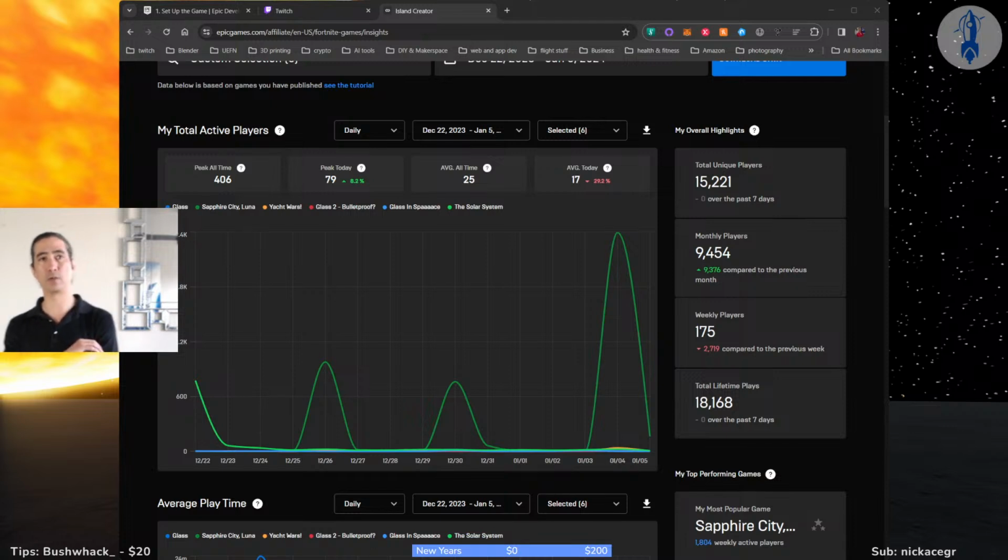I couldn't figure out some stuff with Sapphire City, dealing with H-LODs and stuffing as much as I could into the map. Giving my brain a break by doing something else was huge, and I learned a lot more, which as it turns out, I was able to pass on to you, because if I had not done the solar system, I would not know how to use the HUD message device and help you out today, believe it or not. So yeah, there's a lot to go with on that.